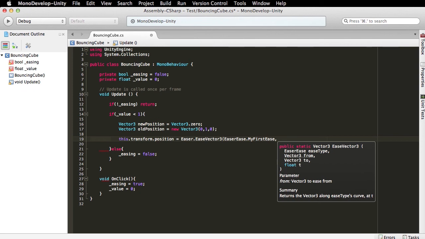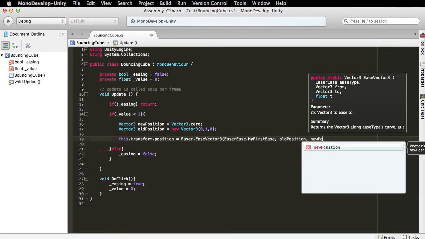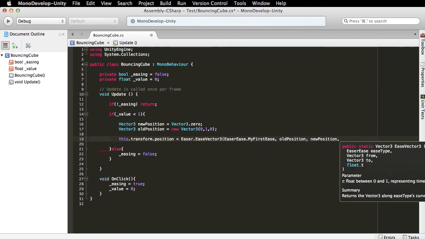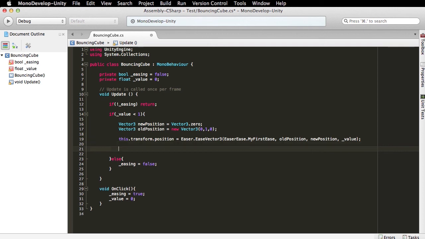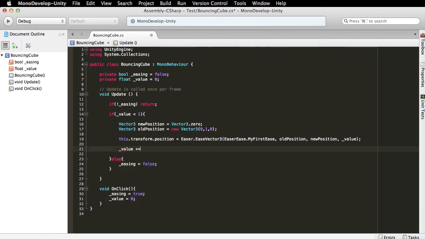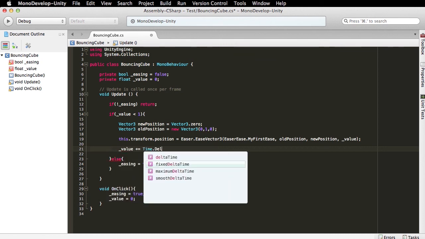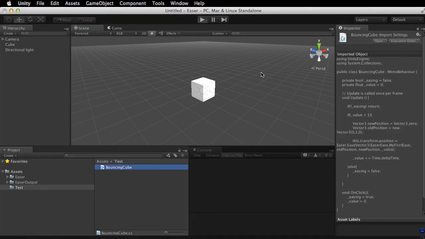We'll go from old position, new position, and then from here we'll go value. So value is going to be just time added up per frame. And then after that, we'll go value plus equals Time.deltaTime. Okay, so now when we play,